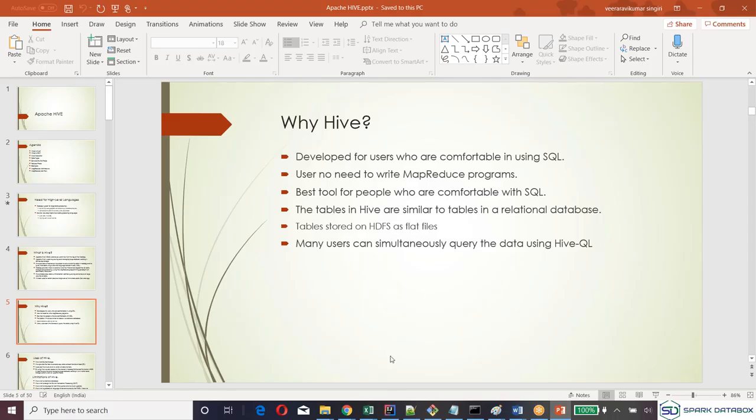Whatever data you load into Hive, or whatever data you process and load into Hive, ultimately that will go into HDFS. We need to remember this point. Without HDFS, there is no Hive. Hadoop services should be there, then only Hive. If you are using cloud, you can use S3 services, or you can use HDFS services. But Hadoop should be up and running. You cannot run Hive alone.